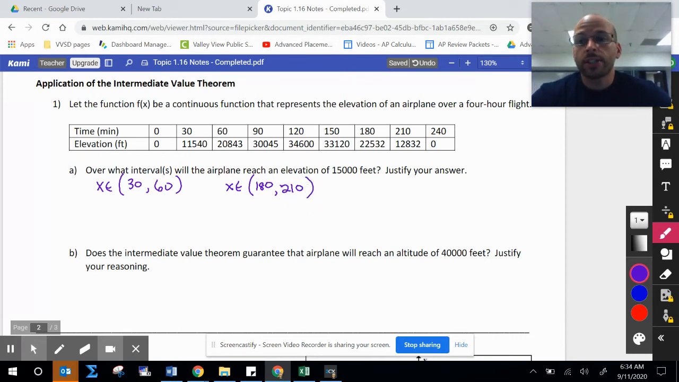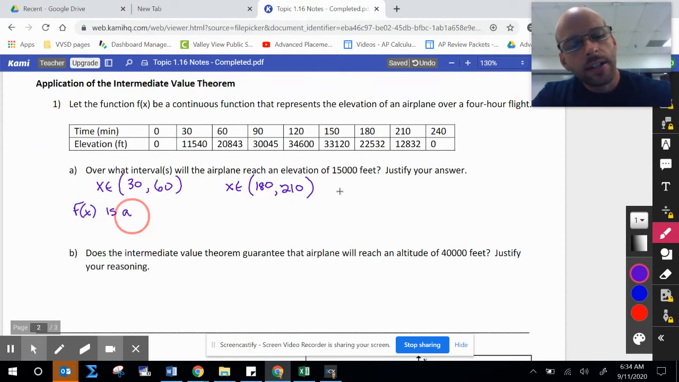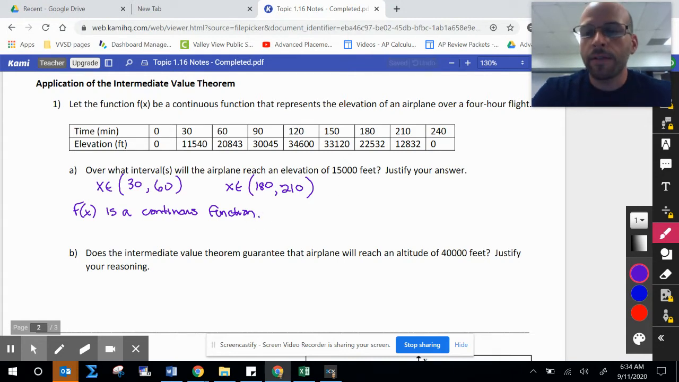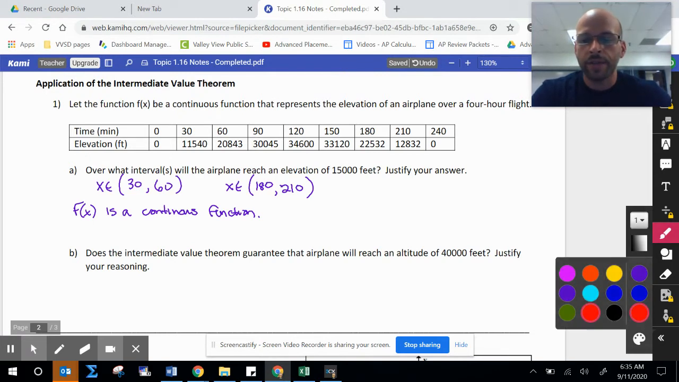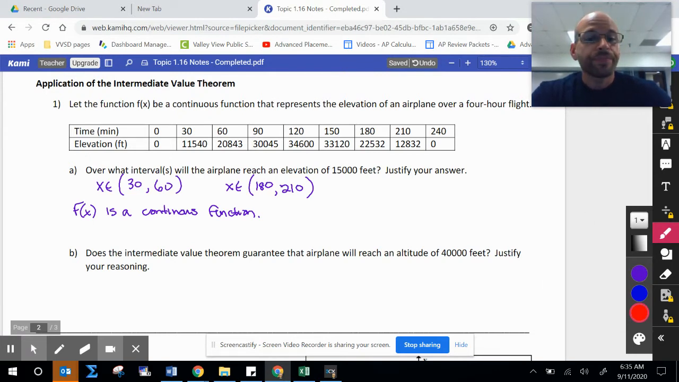Now, how do I justify that answer? Before you even begin, you must state, even though it's in the question, f of x is a continuous function. Make that statement first. That is important. On the AP exam, if you don't write that sentence, they are not going to read anything after. Okay, so now as far as my first interval goes, I can say